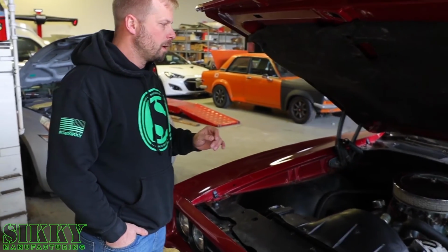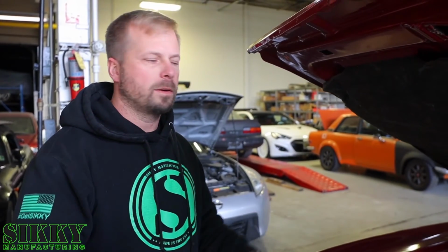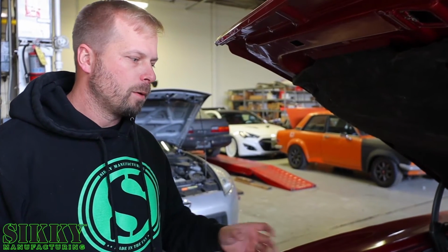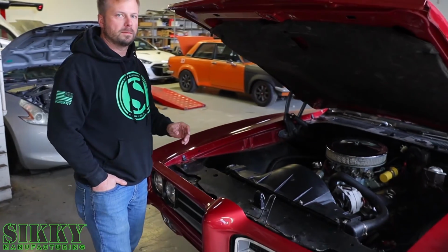So we're going to do what we do best and spend our time designing motor mounts and headers and everything that fit the LS to this car, and not necessarily try to change the car to fit the LS. So a little different approach than what most people do, and at the end of this we're going to come out with a motor mount kit and headers and all the parts that anybody with an A-body GM platform like this can use for